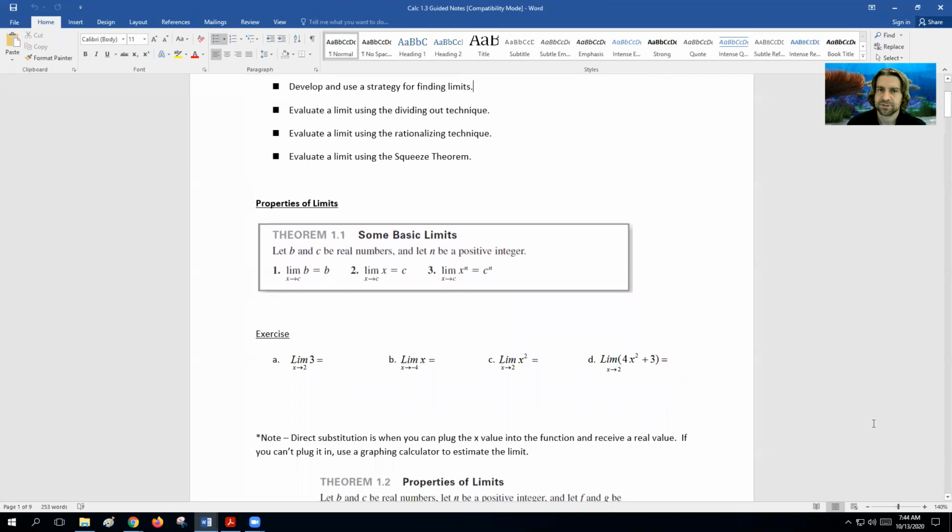Let's start with the easiest thing here, and let's talk about basic limits. Let b and c be real numbers, so they can be any number here, and n be a positive integer, so as long as it's positive. If I'm finding the limit as x goes to some number c of some number b, it's going to equal b. So in this first example here, if we have,